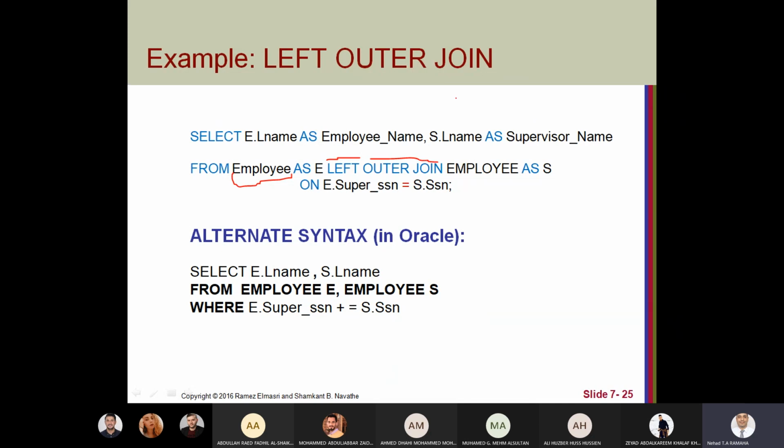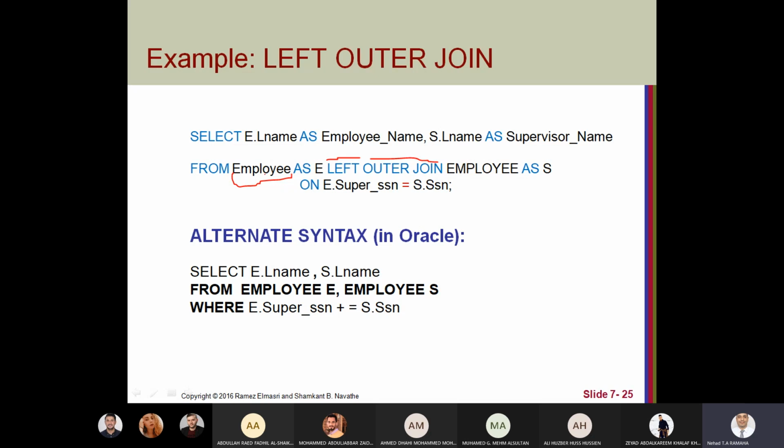That's why we use left outer join, not a normal join. Because we don't need only employees that have a supervisor. No, we need all employees, and the supervisor name if he has a supervisor.